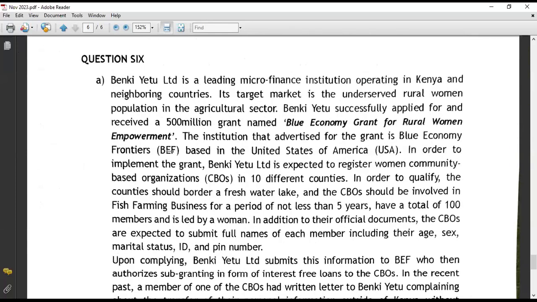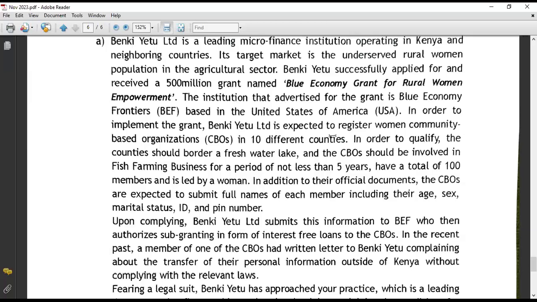Benki Yetu Leading is a leading microfinance institution operating in Kenya and neighboring countries. Its target market is underserved rural women population in the agriculture sector. Benki Yetu successfully applied for receiving a 5 million grant named Bri Economy Grant for Rural Women Empowerment. The institution has advertised for the grant in Bri Economy Frontiers based in the United States of America. In order to implement the grant, Benki Yetu is expected to register women community CBOs in 10 different countries. In order to qualify, the countries should border a freshwater lake,